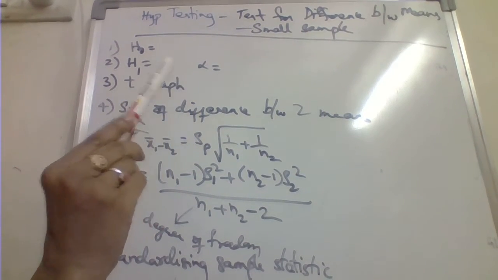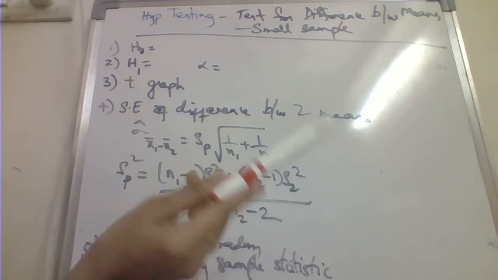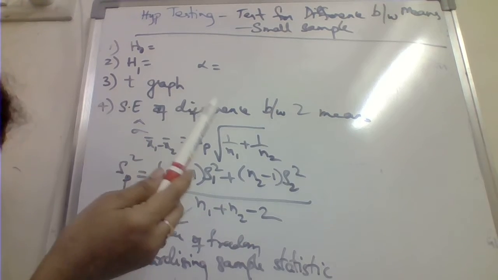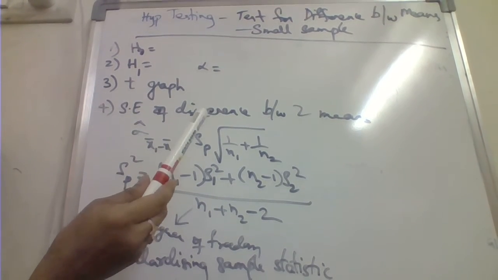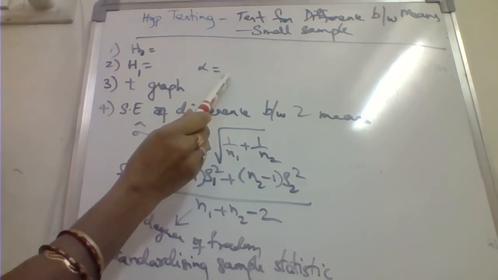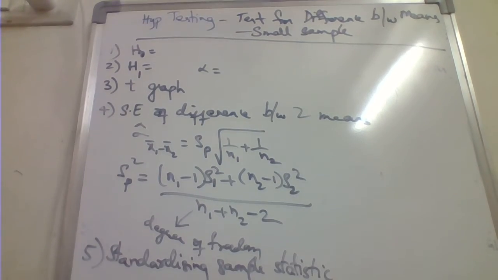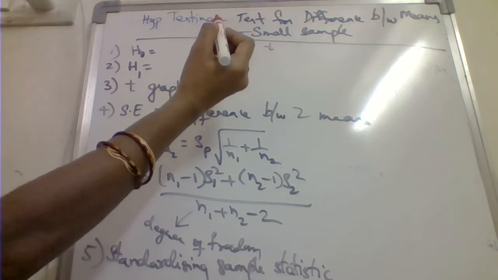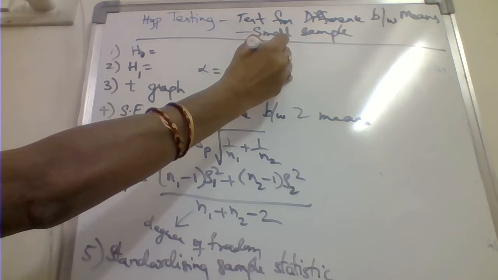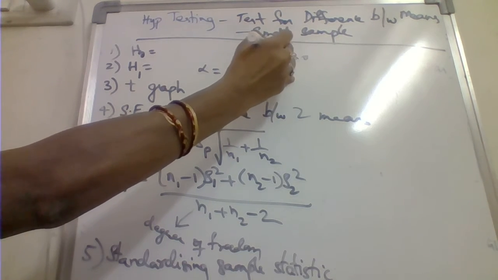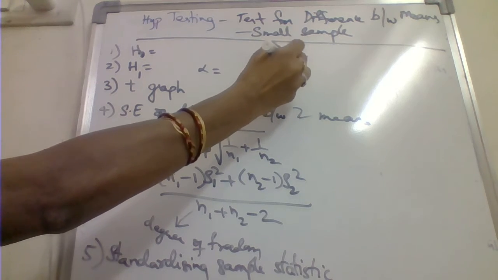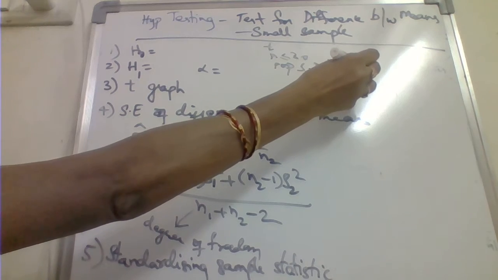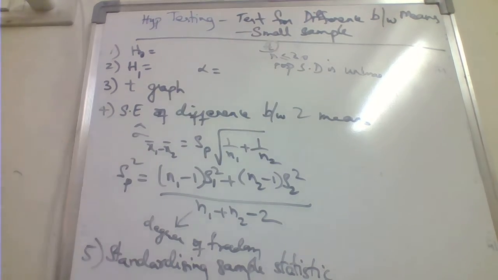Same way as yesterday, you have two samples n1 and n2 taken from two populations, but the only thing is you have a small sample. The distribution you will be using for this small sample is the T distribution. That is when the sample size n is less than or equal to 30 and the population standard deviation is unknown, then only you can use this T distribution.